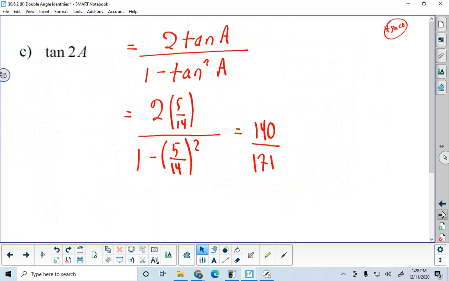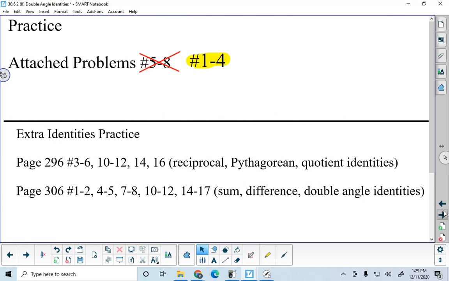So what is your homework for this lesson? It's the 4 attached problems. And then I've got for identities extra practice stuff, this is all textbook stuff. A whole bunch on page 296, a whole bunch on page 306. Take a snapshot of this with your phone if you like, or take a minute or two and write them down. This is what we're working on for the next